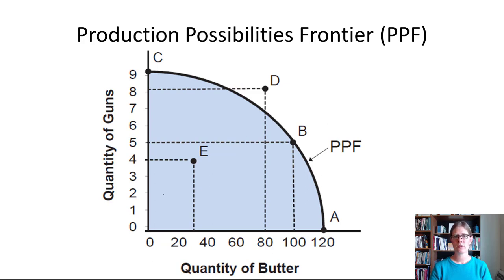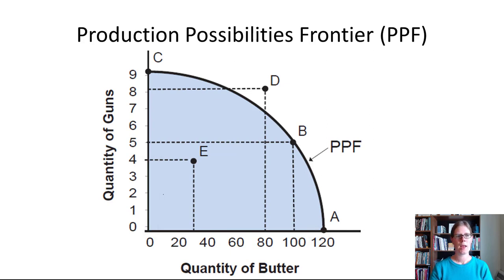So for example, if we started at point A, but then reallocated some of our resources away from producing butter and towards producing guns, we could move up to, for example, point B, where we produce 100 units of butter and 5 units of guns. This would be a trade-off. We're trading off some butter production for the sake of producing guns. The opportunity cost of producing those 5 guns would be the value of the 20 units of butter that we